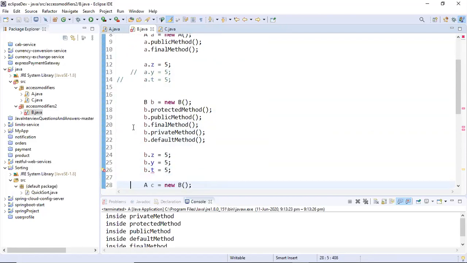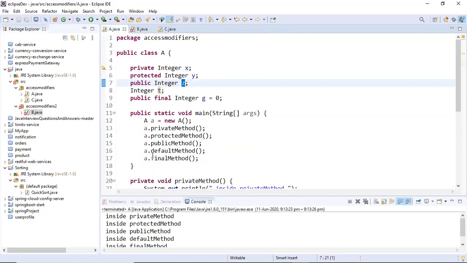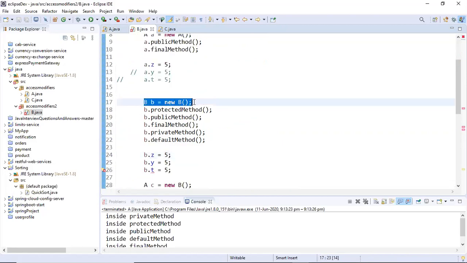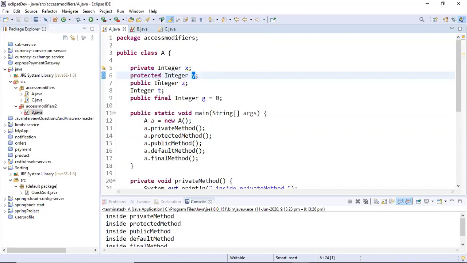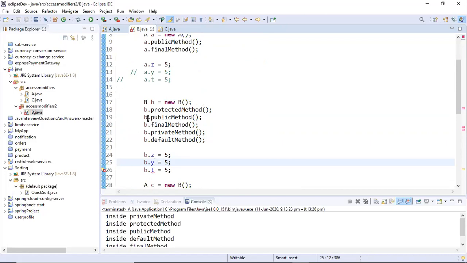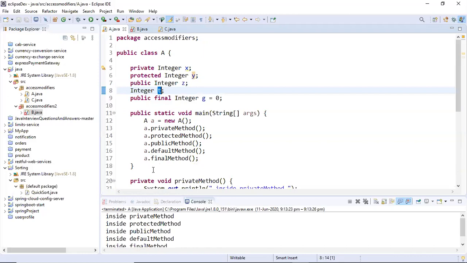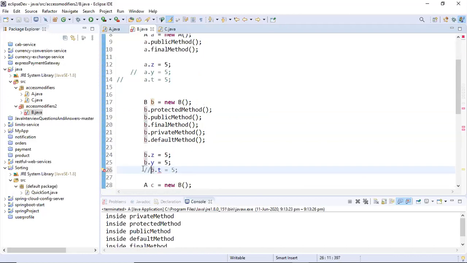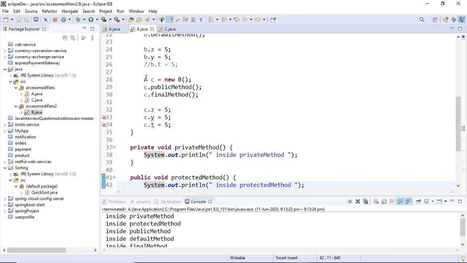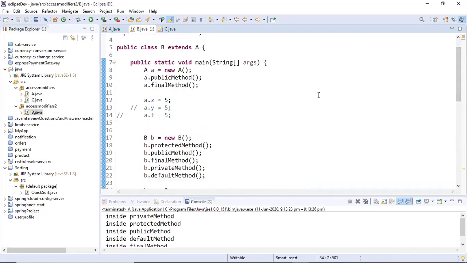Now let's see in this case where B is the reference. So guys, as you can see, Z is accessed because it is public. Now the reference is to B, okay, and B is extending class A. Let's see about Y. See, Y is protected and it is accessible because B is extending A, and now we have a B reference. P is not accessible because it is default. Let me comment it out. Here, again, the reference is to C, which is the reference of A. So again, only the public variable would be available. Okay. So I think in this way, your doubts would be extremely clear.